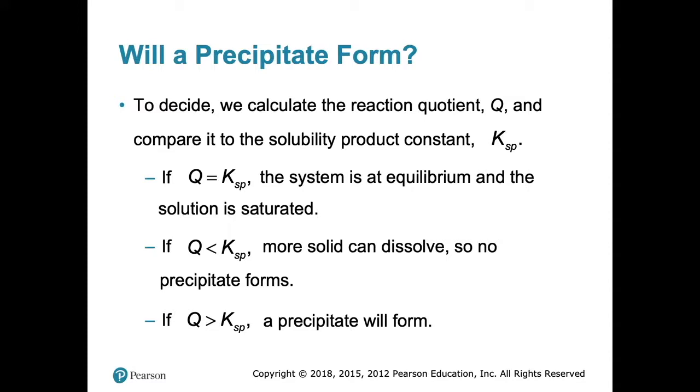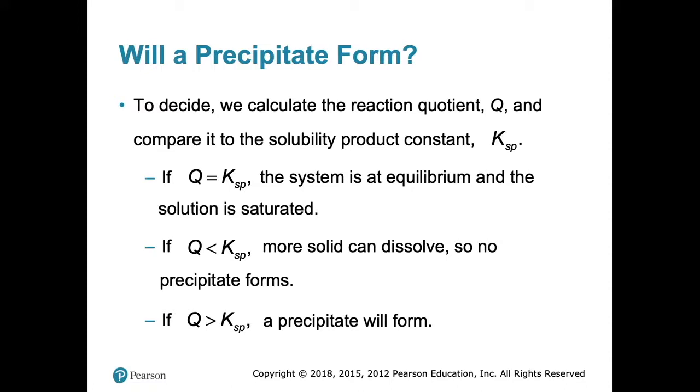If Q is less than Ksp, then more solid can dissolve and no precipitate forms. This would be an unsaturated solution. It's not saturated, it's unsaturated. If Q is greater than Ksp, then you've reached the saturation point and you're trying to go beyond that, and now precipitates will form. But if you heat it up, you can make a supersaturated solution, like those Wonder Packs that Marla made me buy at the home garden show. Those are the things I need you to remember from this slide.